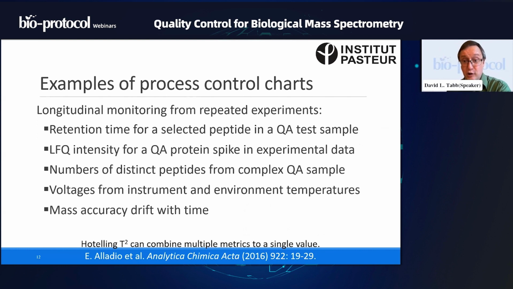All right. So what am I going to use a process control chart for? One of the best uses for it, David, I saw you moving, so if you have a question, by all means. Okay, great. So for examples of process control charts, one of the things that we're most typically going to do is longitudinal monitoring, which is to say, we want to create an historic record for how this machine performs across a long spate of time.